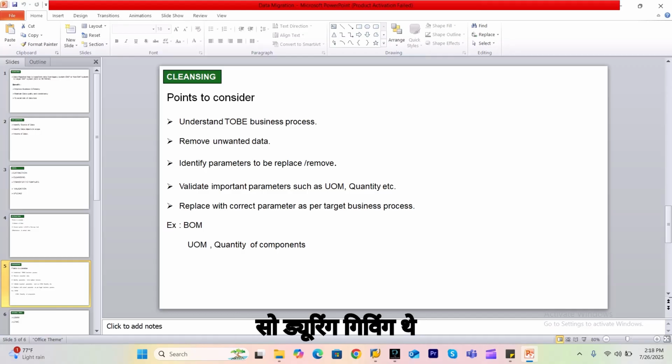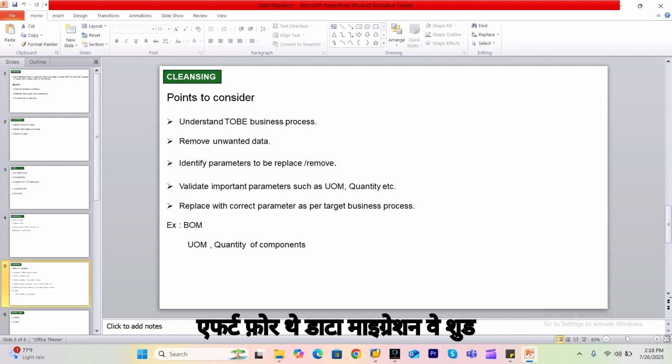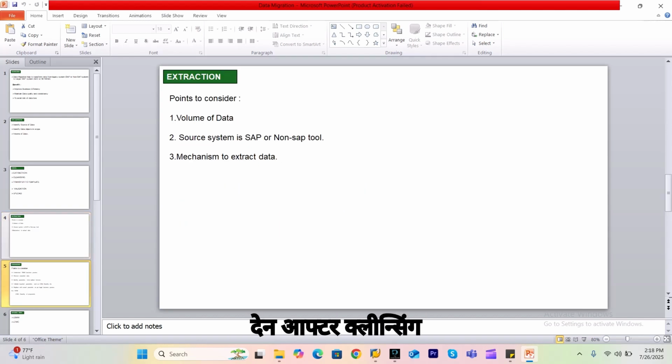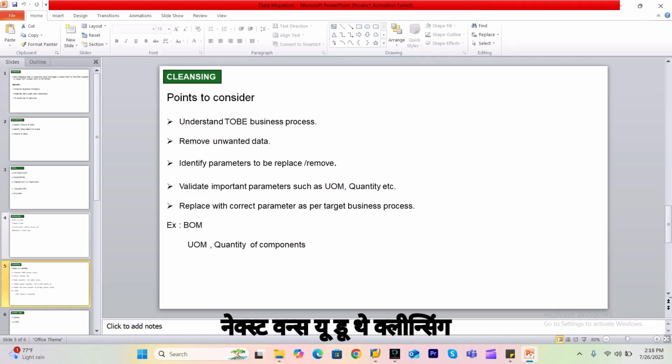So when giving the effort for data migration, we should always consider the volume of data and the data complexity. Okay, once cleansing is completed,